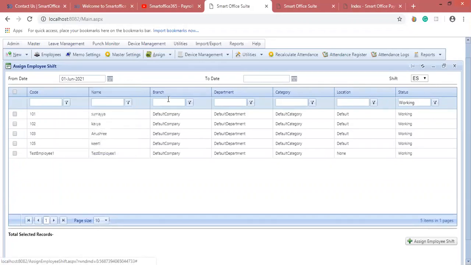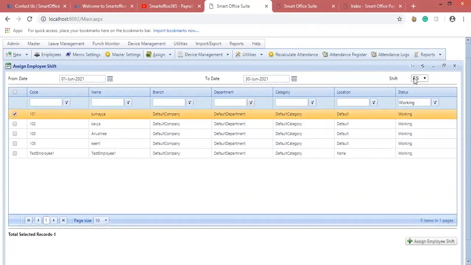So I'll be selecting my from date and to date. For this employee, I'm going to assign a morning shift. That means this employee is coming in the morning shift only. So when you are sure about the employee shift, then you can go for assigning it. Because in some companies or hospitals there might be changes. If this employee is absent, then there will be a shifting of that employee from the defined shift to another shift. I will explain that scenario also.